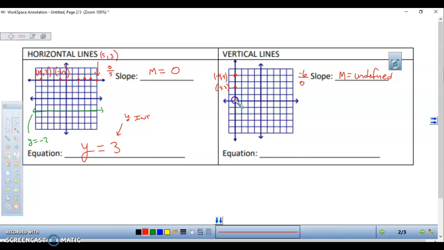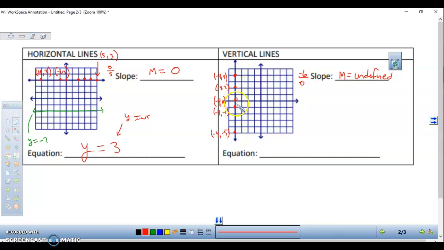This point is 0, or excuse me, -4, 0. This point is -4, negative 1. This point here is negative 4, negative 5. Again, kind of a similar situation as we noticed over here, but in this case, notice the y coordinates are changing, but the x coordinate maintained negative 4 the whole time,